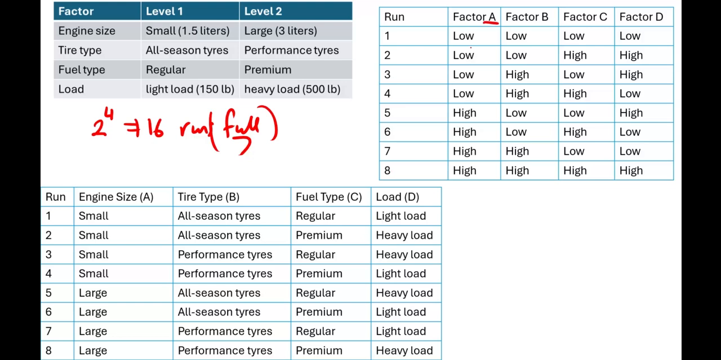So factor A, these are the levels that should be. Factor B, these are the levels. Factor C and factor D. So let's apply it to our problem. So run 1: A should be low, B should be low, C should be low, which is regular, D should be low, which is light load. Okay, and then we come to run 2: A and B should be low, C is high, which is premium, D is high, which is heavy load. Okay,